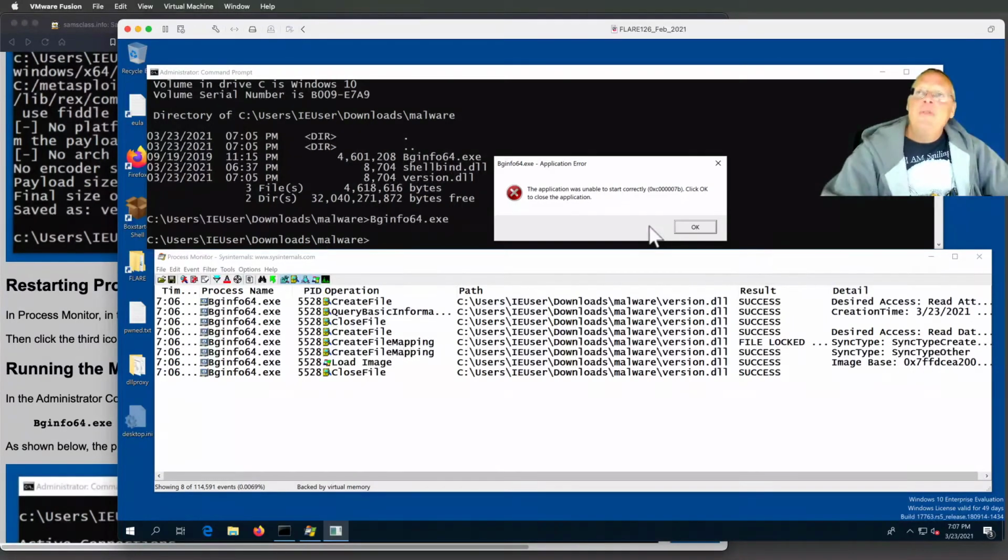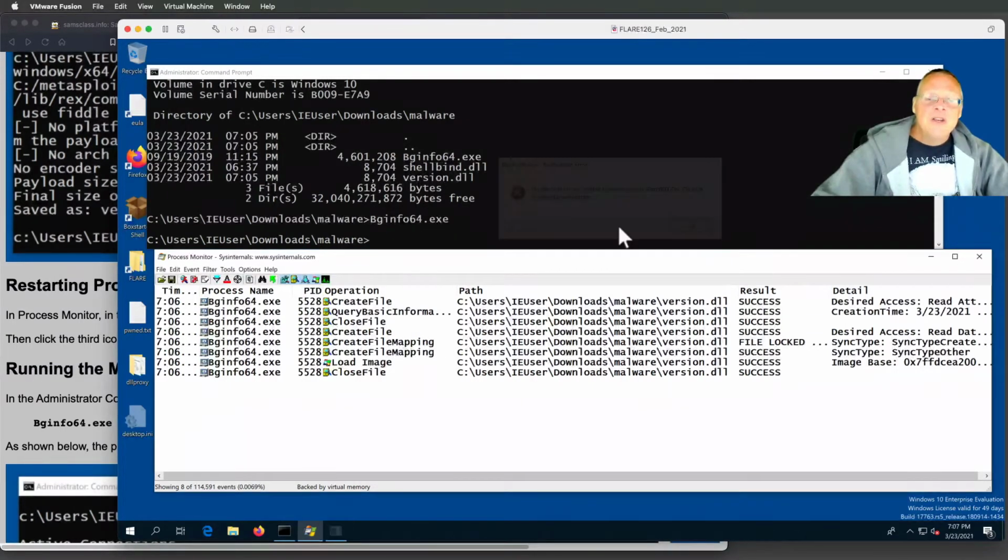Now that previous MSDTC thing was so vulnerable that it would load a library and then not actually use it at all. So it would fall for something as dumb as a Metasploit-created DLL. But this program is not that stupid. It's loading this version.dll, and then it's trying to use functions in it, and when the functions aren't there,